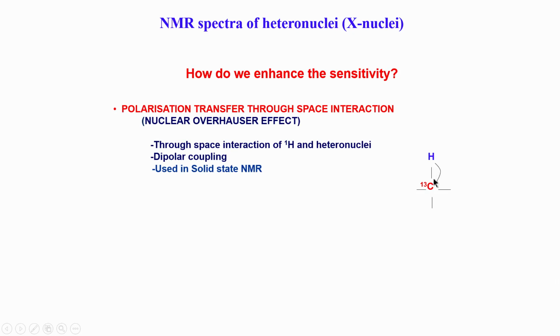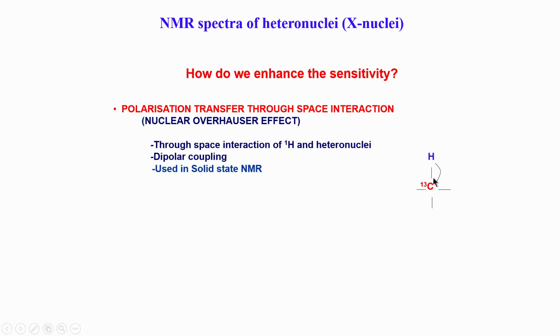Now, what is the value of J coupling between these? If you recall the slide I showed you in the J coupling part, it is about 120 to 140 hertz. In fact, it can go up to 200 hertz also, depending on whether it is aromatic or on the hybridization of carbon. In case of methyls, it is about 125 hertz. In case of methine, it is about 140, and it goes up to 160 and 180 in aromatics. So, we will assume an average value of about 140 hertz for one bond.